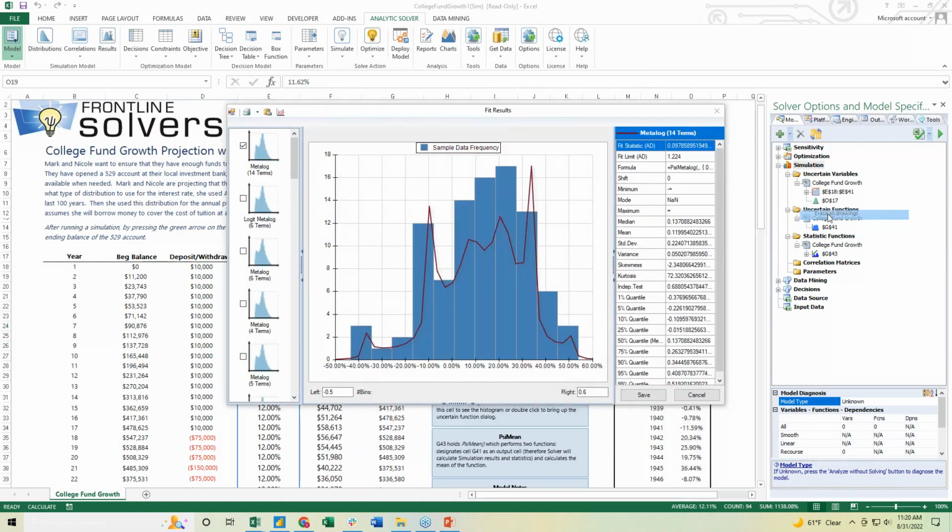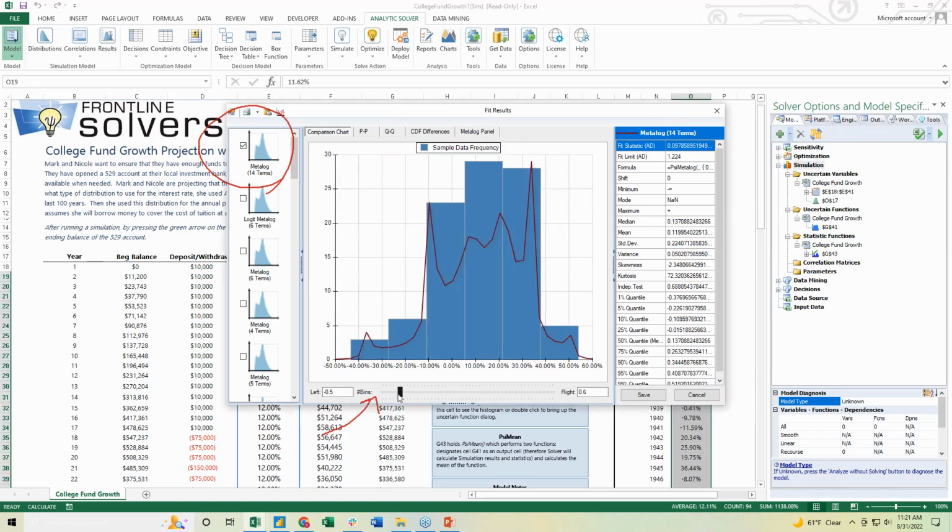Let's erase all the drawings. Analytic Solver computes and displays a ranked list of candidate fitted distributions, as you can see here. Initially, the distribution with the best fit statistic is shown in the chart that overlays the sample data, and you can see that this is the MATLAB distribution with 14 terms. Down here, you can change the bin size by moving it to the right or left